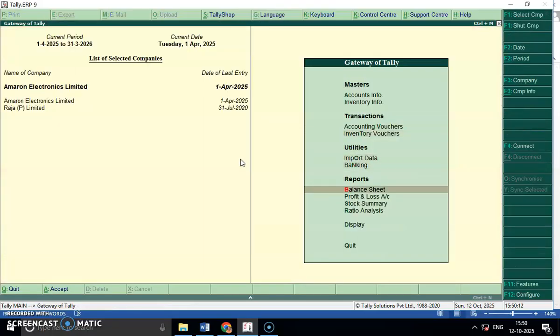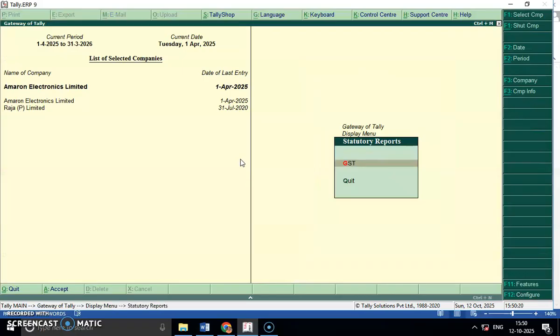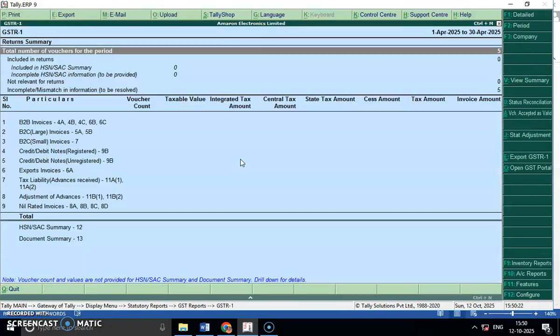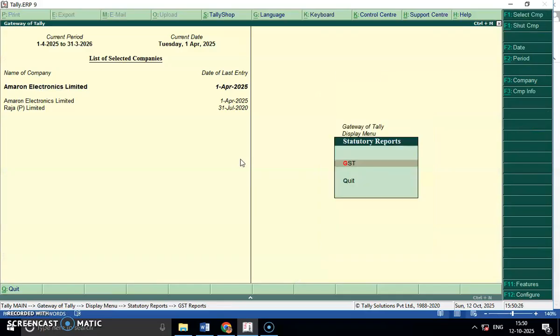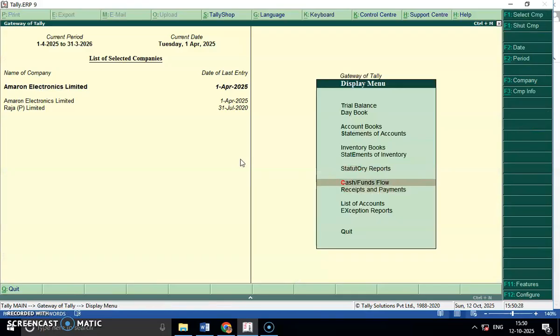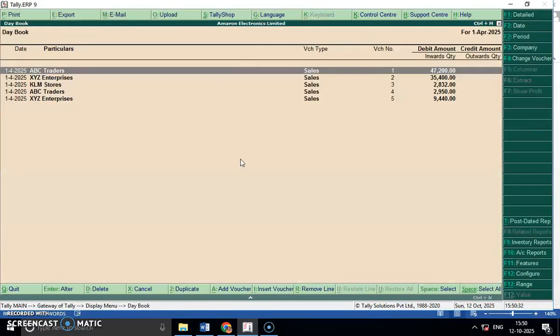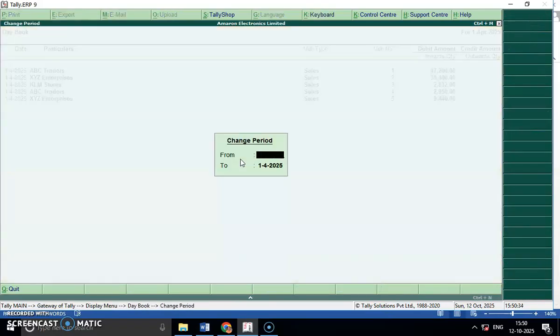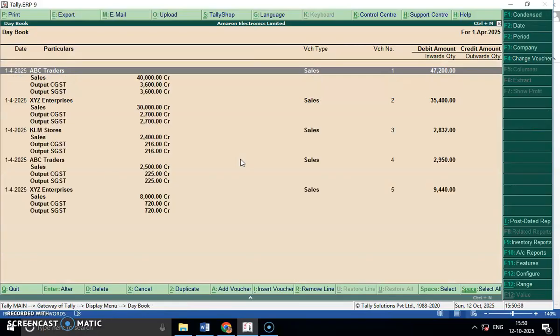Now we have to view the output. Under the display menu, we have to select the GST reports. Under the GSTR also we can see 5 transactions, but however we can see the output in the statement, not in the day book itself. If it is a detailed view, Alt